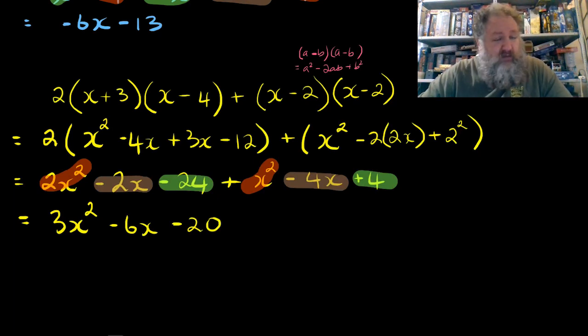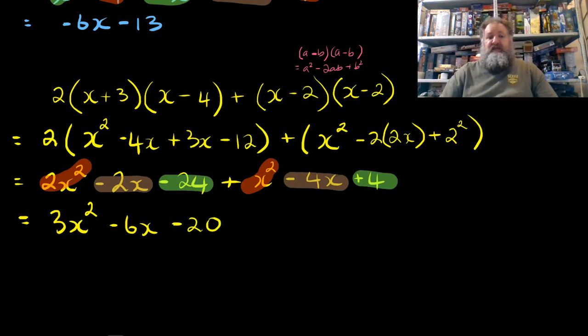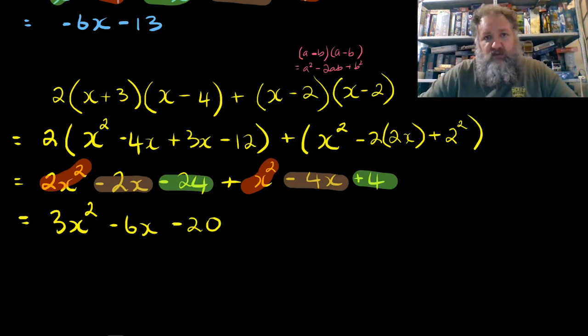So these more complicated ones, while there's more to do in them, what you're actually doing is no different than what we've done before. They look intimidating, but they're really not intimidating when you break down these complicated things into their simple parts. Okay, it's just like spelling a great big long and hard word by breaking it into little sections. You just break this into little sections and you work on each little bit until you're at a point where you can gather your like terms and you write your final